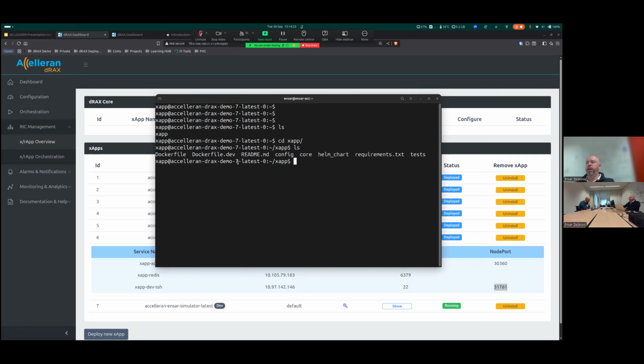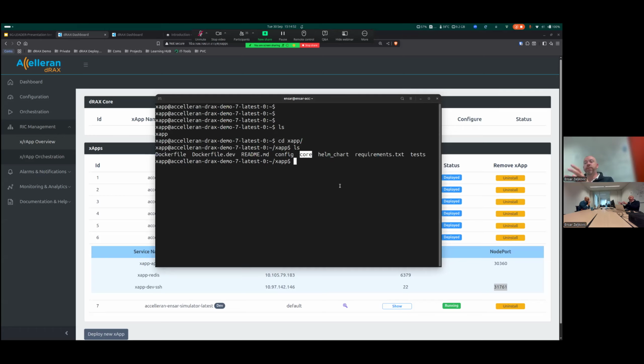We'll cover them in a bit, but you have ready-to-go Docker files, which allow you to create Docker images for your xApp. There's a Helm chart as well already defined, which you can use out of the box or modify for your own needs. And then, of course, we have this core folder. This is where the main Python files are located and where you will start to do programming.